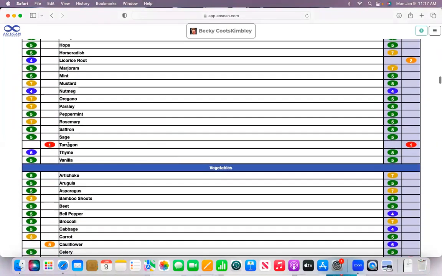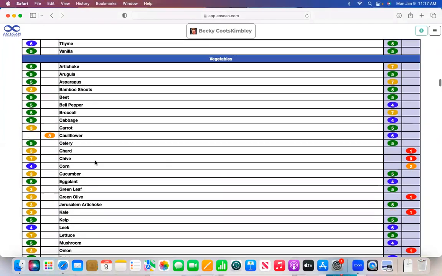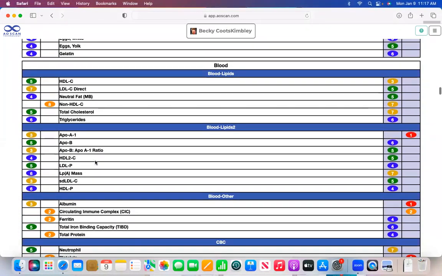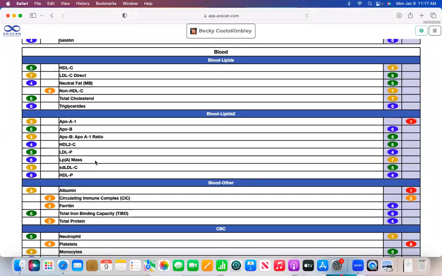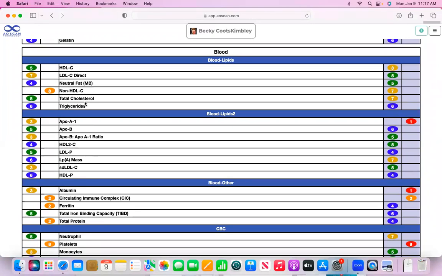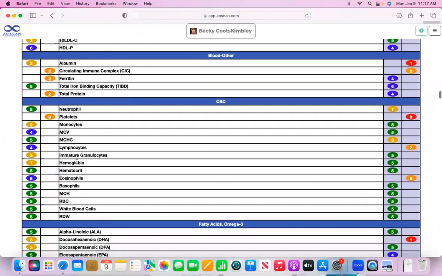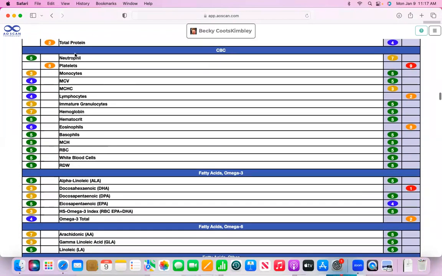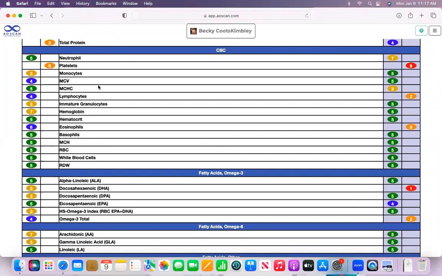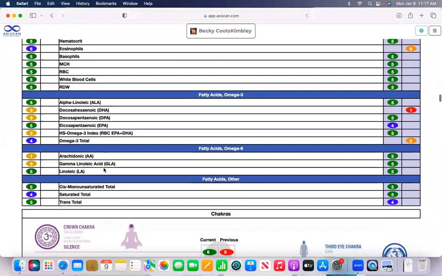So again, I'm looking for things that are sticking out that are double red 1 or 9. That's what I would be noting if I was taking notes. Then we get into the blood and the CBC category. So you can see we have HDL, LDL, cholesterol, triglycerides, albumin, ferritin, everything that comes up on your CBC, your